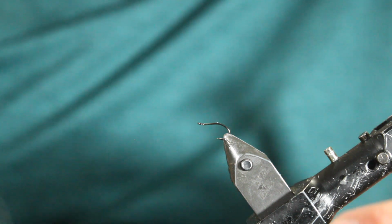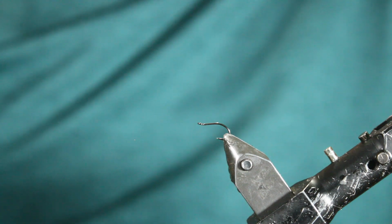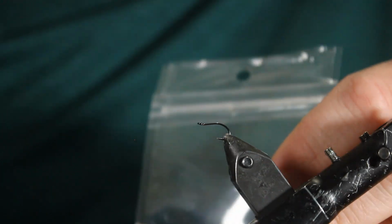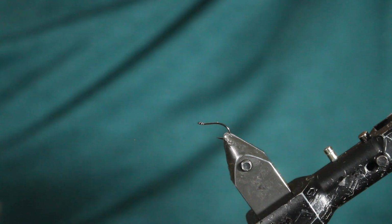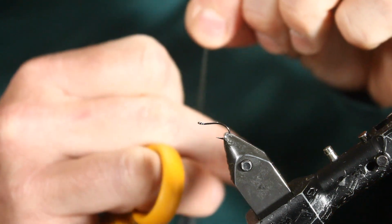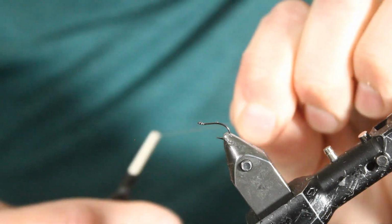This one's great because it's super high vis for the angler and the guide, and still has somewhat of a low profile. So hook, this is a 16. This shank length is kind of like an 18. This is the emerger hook, so I like this hook gap a lot and the stickiness, but any of this 18 to 20 or 16 to 20 are great hooks. And honestly, as long as you get the insect body using the thread,